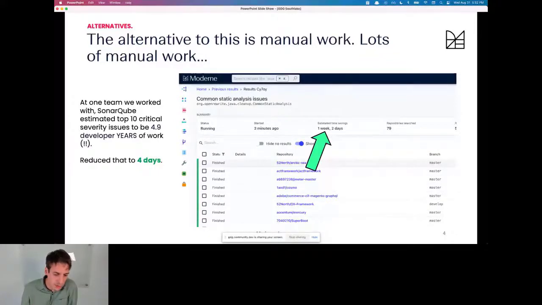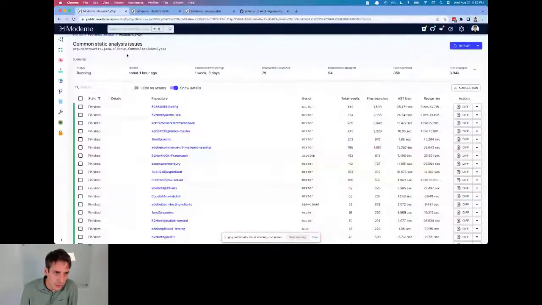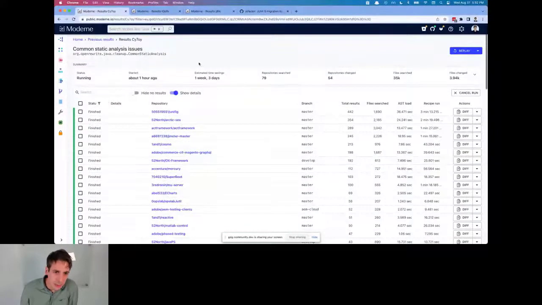And like I said, Moderne, right now we're running this platform, which is just public.moderne.io. And on this platform, we've been ingesting hundreds of millions of lines of open source code every day. Every day we produce a new AST and we run this for free, and you just log in with GitHub. And it allows you to run recipes on open source stuff.